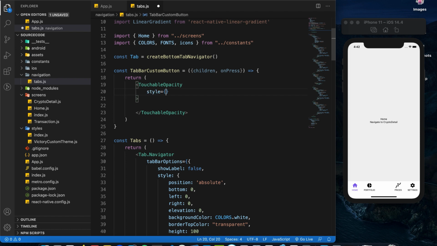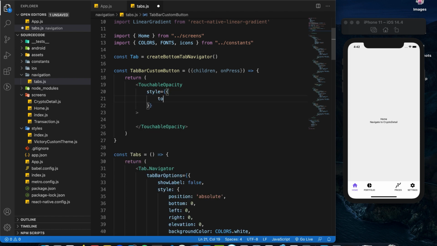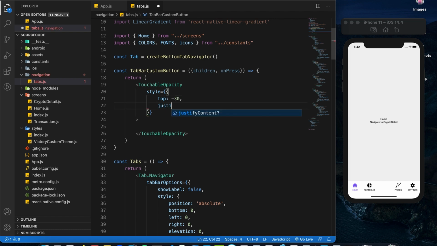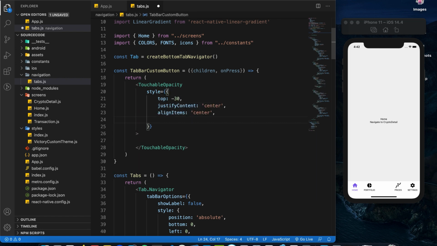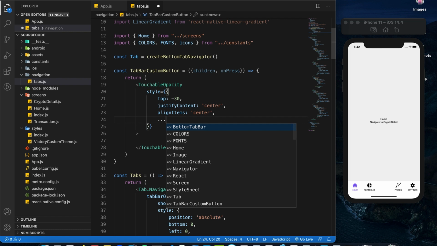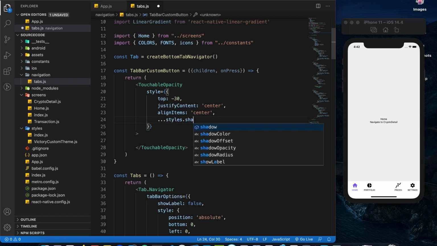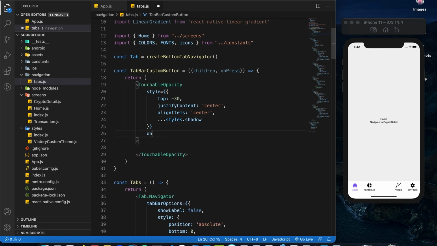So style equals to top -30, justify content center, align item center, and of course we need to give it some shadow as well. So for the on press equals to the on press method over here,